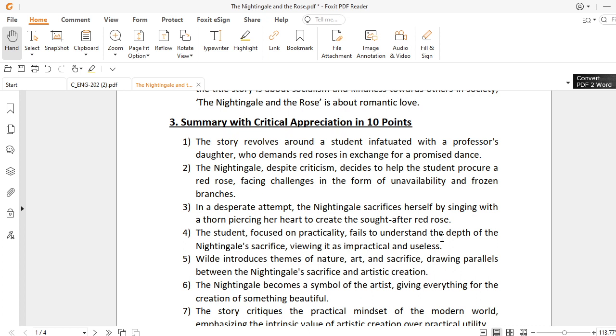But the boy says that I do not have any red rose in my garden at all. So that is why the boy is very worried, he is very confused, he is very perplexed, because he does not have any red rose. And this is the demand from his beloved. So that is why he will have to fulfill his demand to bring the red rose. But unfortunately, he does not have a